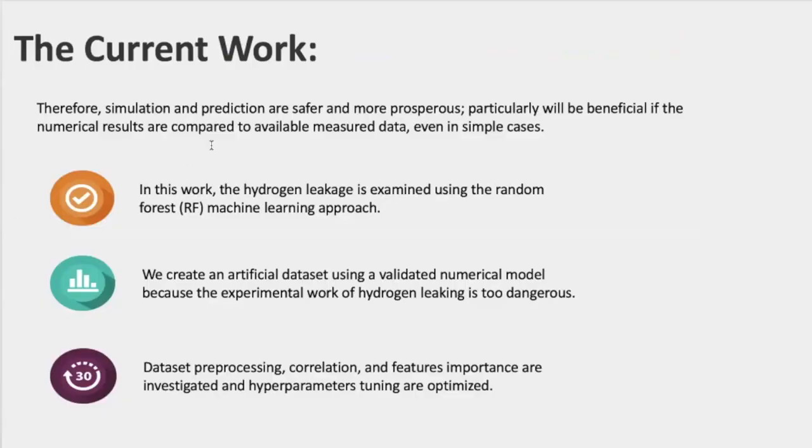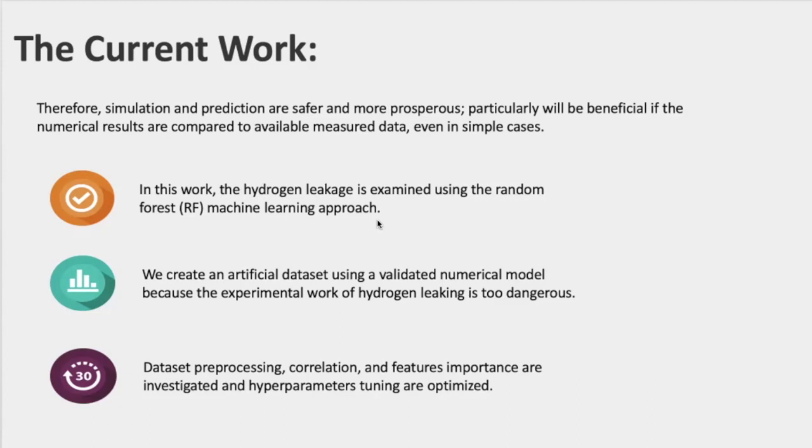The usage and the experiment of hydrogen will be very dangerous, so the alternative sources will be modeling, simulation, and maybe machine learning prediction. It is safer and we just need to build a robust simulator and predictor. So in this work, we'll examine the machine learning random forest technique to predict the hydrogen leakage